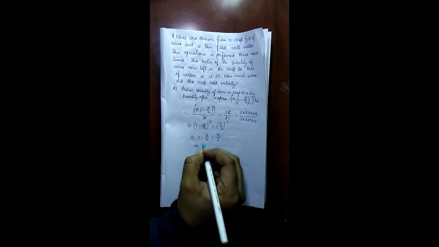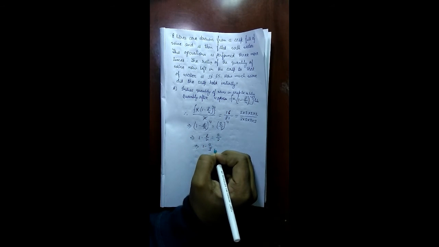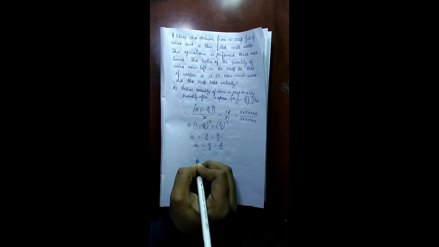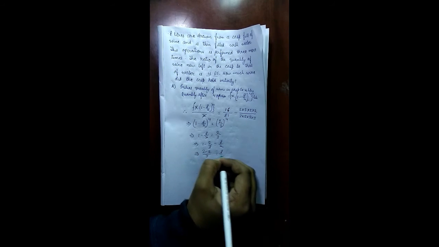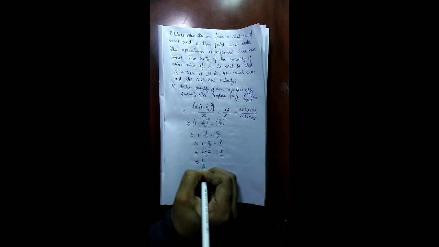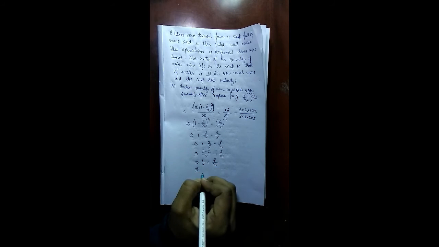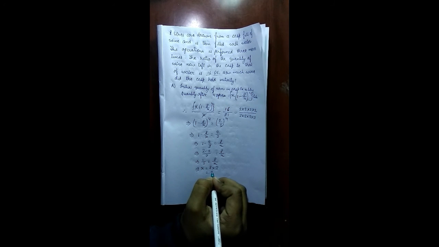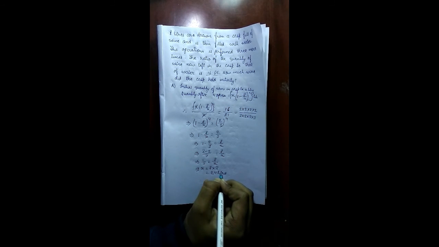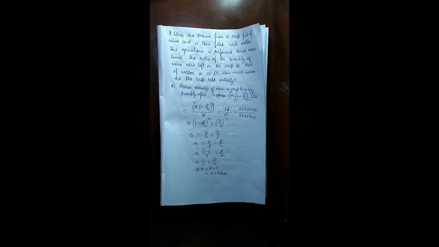So this will go this side, and this will come this side, so it will become 1 minus 2 by 3 is equal to 8 by x. Taking LCM 3, it becomes 3 minus 2, so 1 by 3 is equal to 8 by x. So x will come here, and x is equal to 8 into 3, which means 24 liters. So 24 liters is the amount of wine which was there in this cask. So this is your answer.